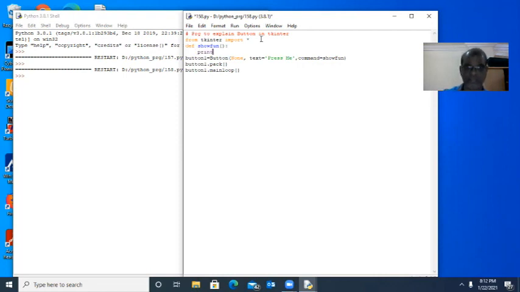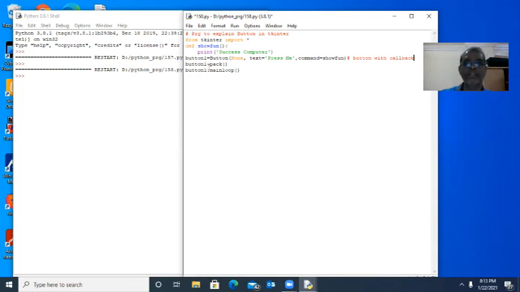Here print "Button with call function". Callback. Okay.